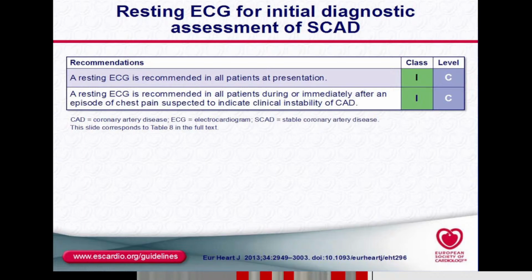So, do we need resting ECG? Sure, in all cases, but you see here the class of recommendation 1, but level of evidence C. I think it's obvious that a resting ECG is recommended in all patients at presentation. And it is recommended in all patients during or immediately after an episode of chest pain suspected to indicate clinical instability